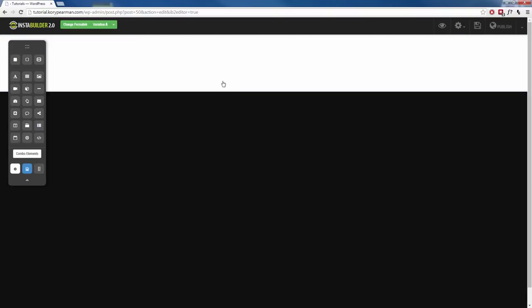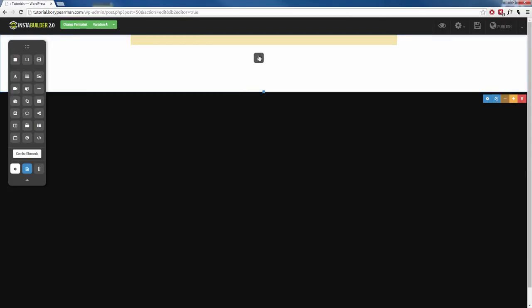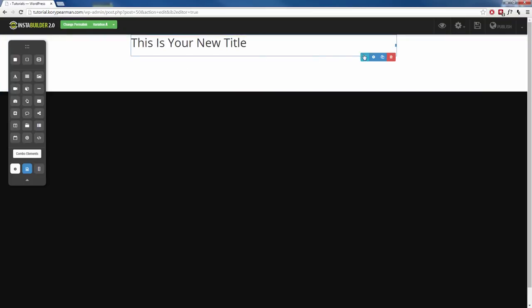I'm going to click, drag it, and drop it just like that, okay? Now we can see that this takes up the entire page instead of just a little box in the middle of the page. Now we can also come in here and customize the color of this as well. Let's keep it white for now, and I come back here, and I can go back to adding my title